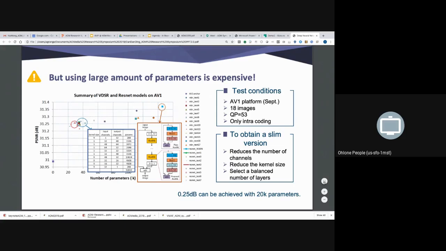And when we reduce the number of parameters to around 20,000, the performance decreases by only 0.1 dB, but it's still much higher than the AV1 anchor. So with 20,000 parameters, we can achieve 0.25 dB over AV1. The strategy to reduce parameters here is only to reduce the kernel size and the number of channels, because we find that, for example, for